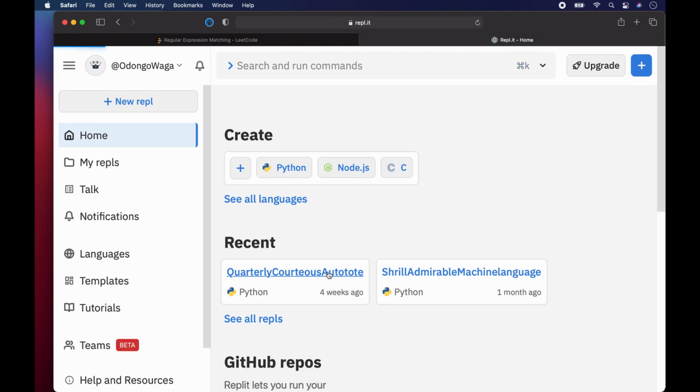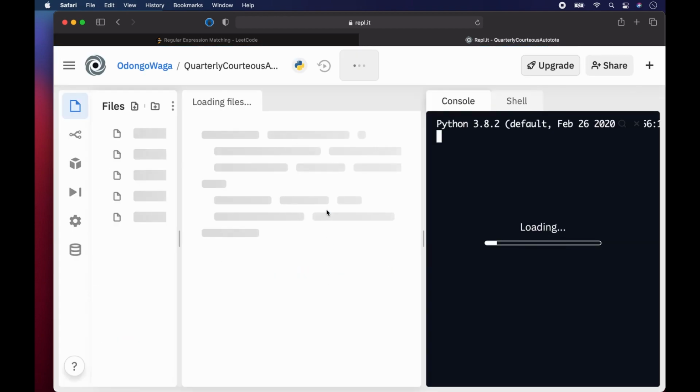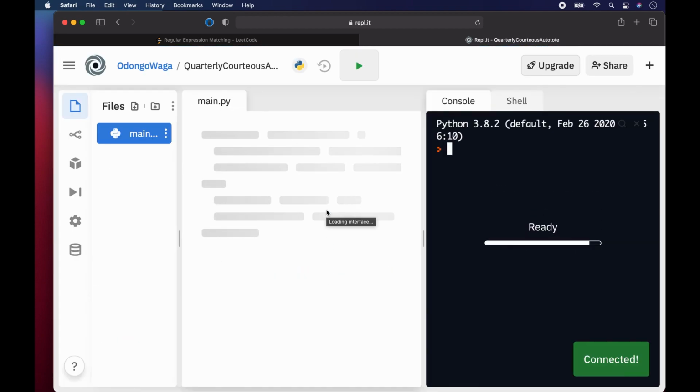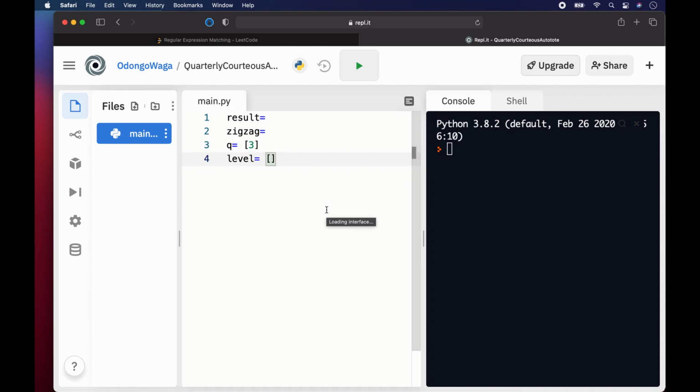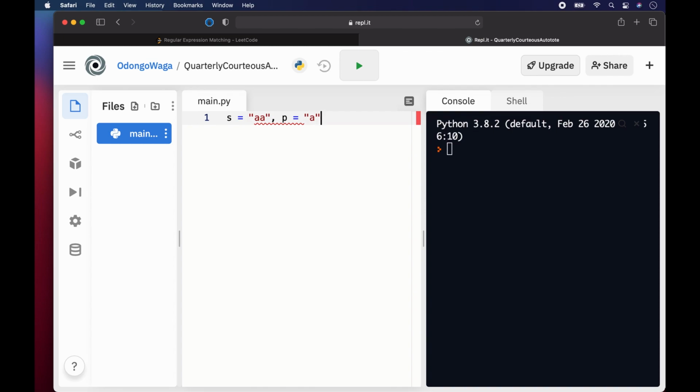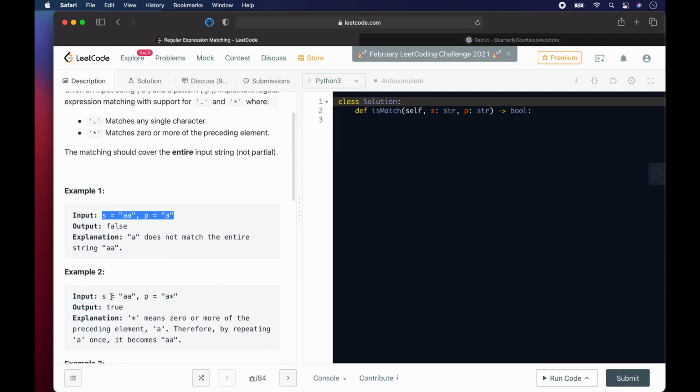Let's pick one of these REPLs, and let's get our REPL started. This is for another question I was doing. And so we have S as A and P as A. When you try to match them, the answer is of course not, right? Because you can't match the pattern from the string in this case. So in such a situation, we can just get rid of this. But now we go to a situation where we have